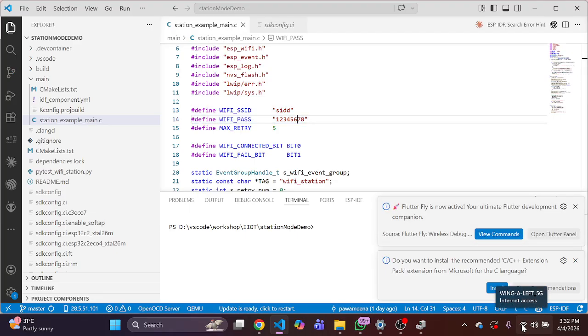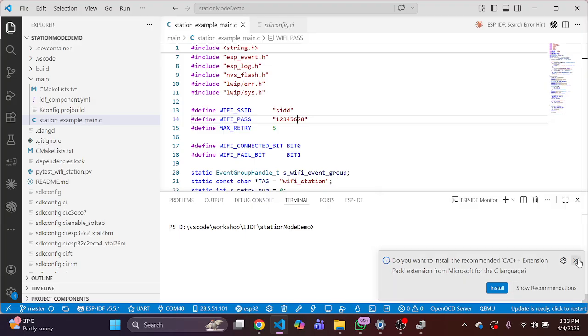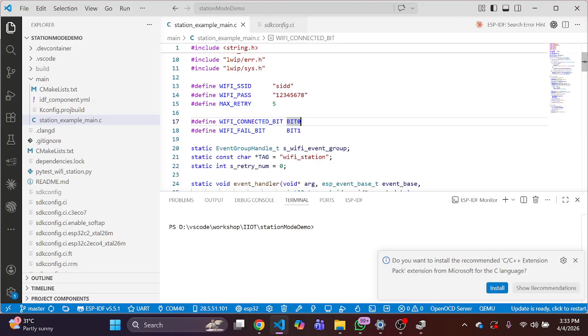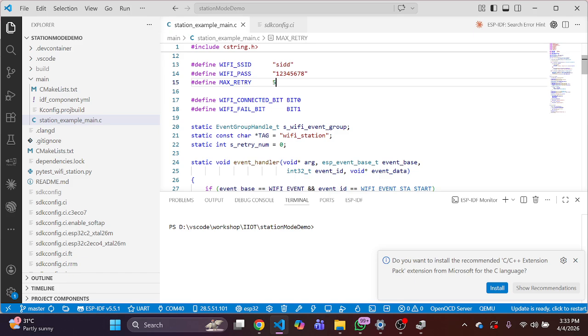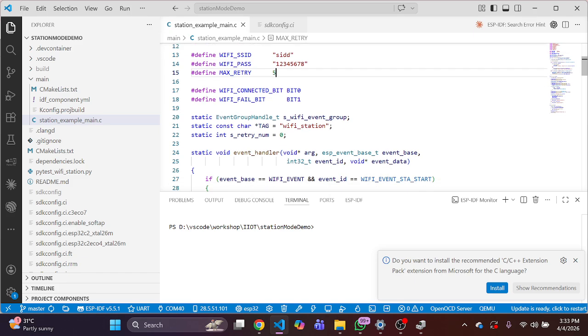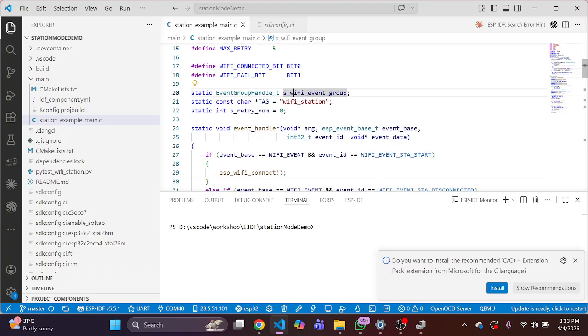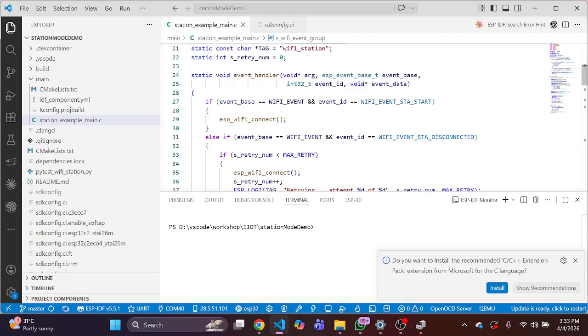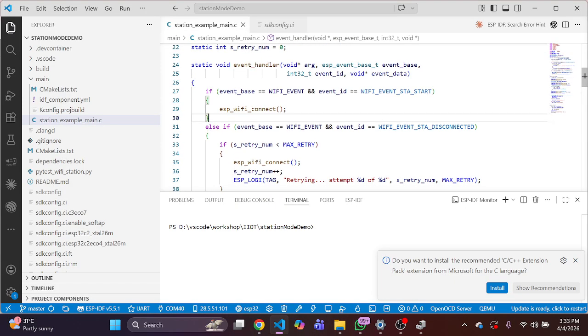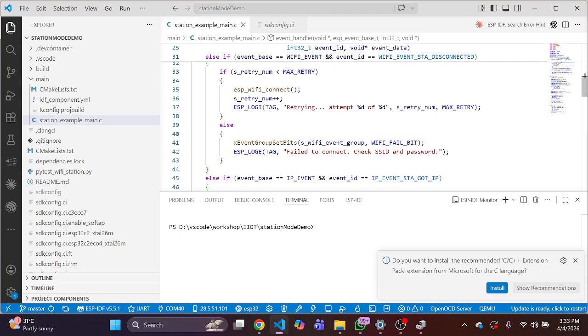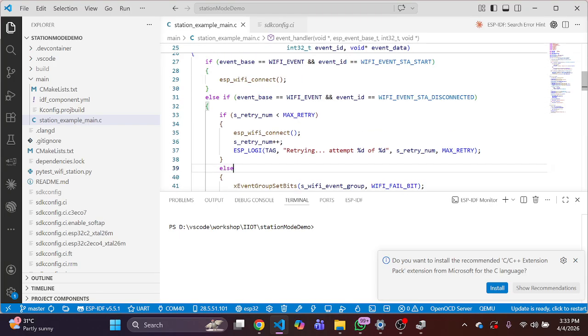Let's say I can connect with a router also, right? Any available router anywhere nearby, but the password is a must, right? Maximum try we can set, like our ESP32 will try 5 times to connect with a given network. Then this is our event handler. It will handle all the callbacks for connection and disconnection, and retry logic. This is important, that every time when we are going to code for Wi-Fi, we have to implement this connection,